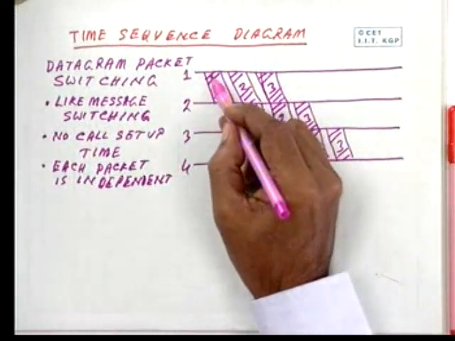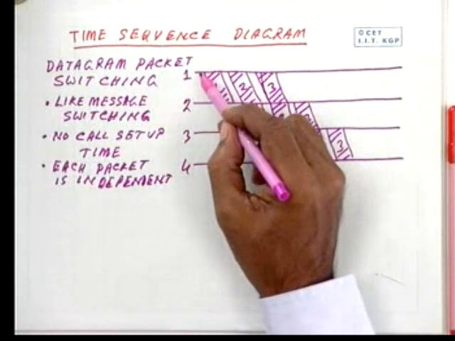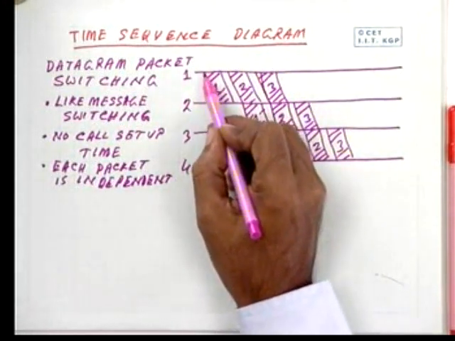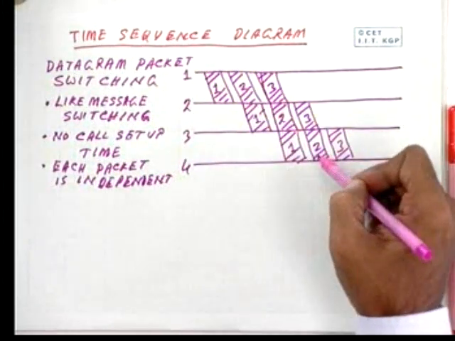That means packet 1 may follow the route 1, 2, 3 and 4, but packet 2 may not be sent through the same route, because different paths may be followed. Each packet is